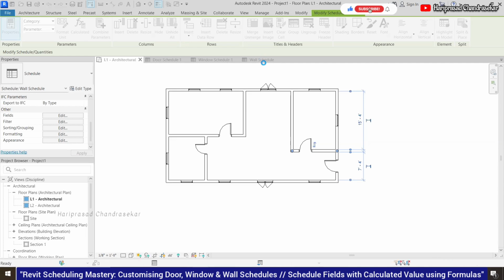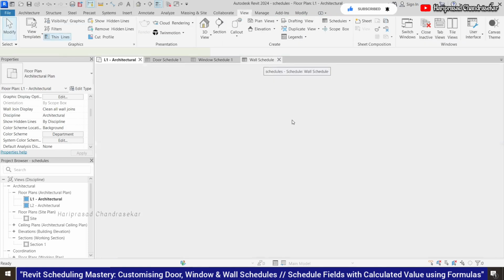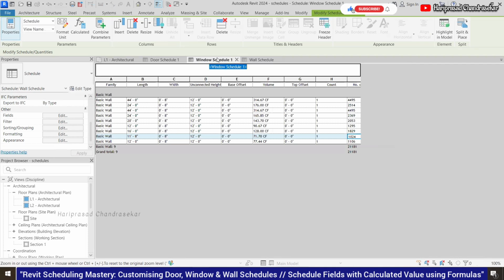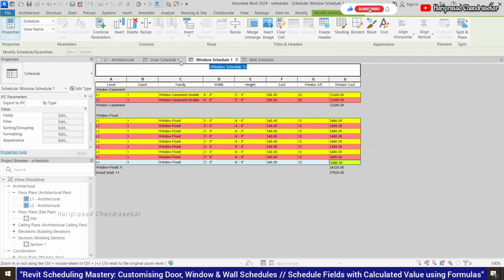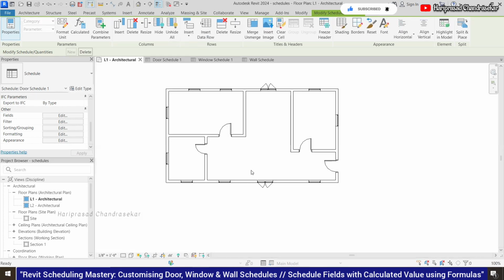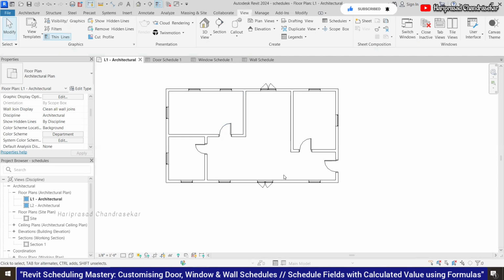For documentation purposes, Revit is widely accepted. In AutoCAD, these things are not possible, but in Revit everything is possible. See, it is automatically coming. For walls alone, we need to spend $15,886. For windows alone, $7,520. For doors alone, $3,438. This is a very small plan, and we don't even have floors. If you have floors, again you need to go for a floor schedule, roof schedules and all. So you understand what I mean. Totally, you will get the total cost.